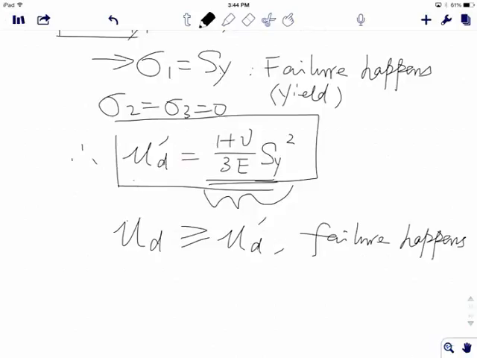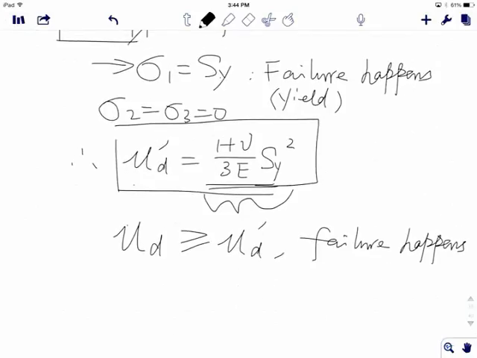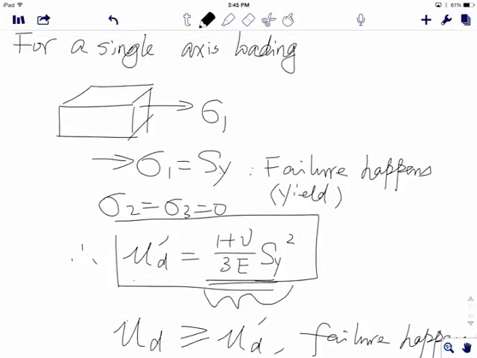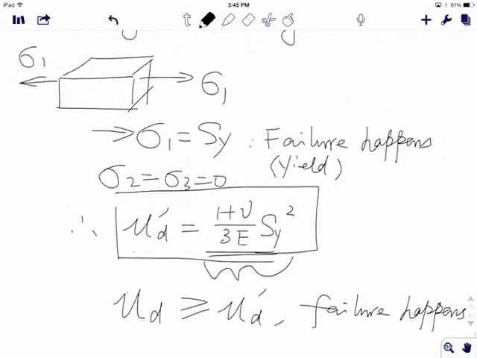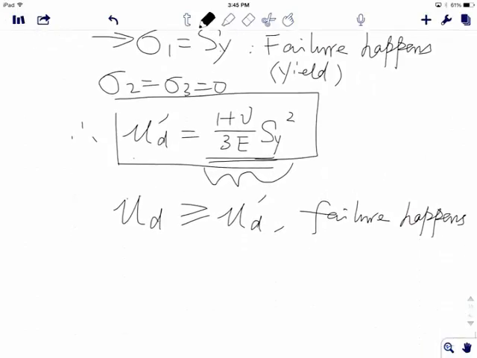Agree? Okay. All we did is define what distortional strain energy is, and we also looked at one extreme case, which is very simple: just one-dimensional tensile loading. Although I only draw one stress, you know there are two, otherwise it's not in equilibrium. Okay, so that's that. And then if you do the comparison,